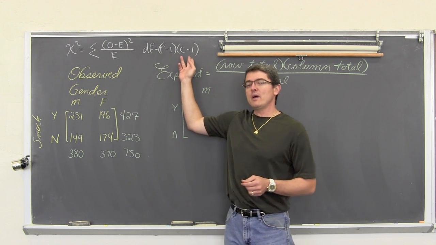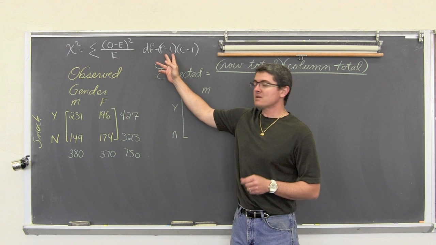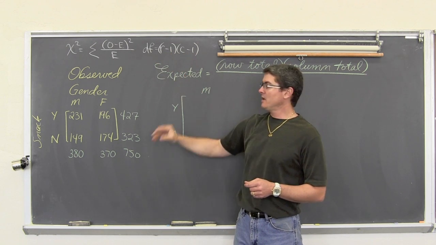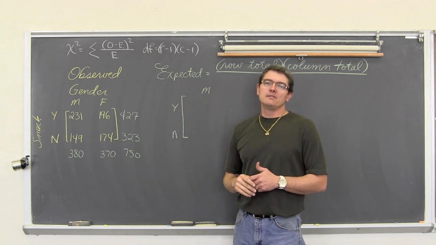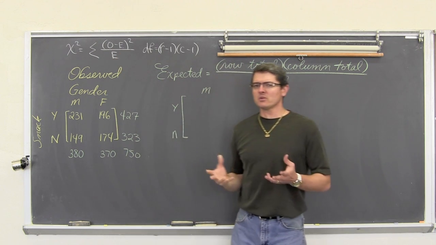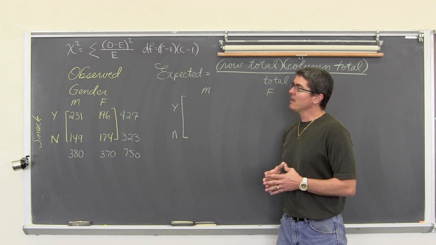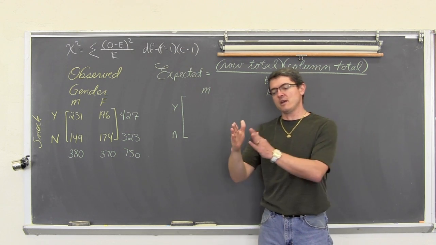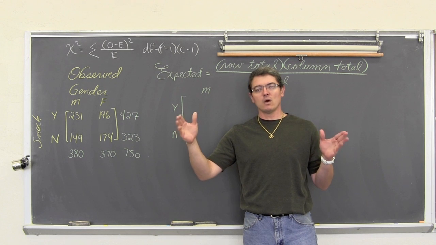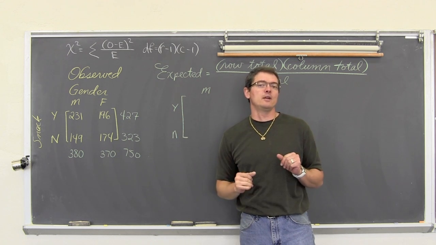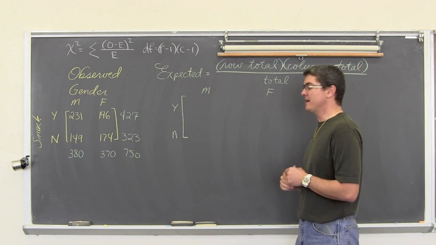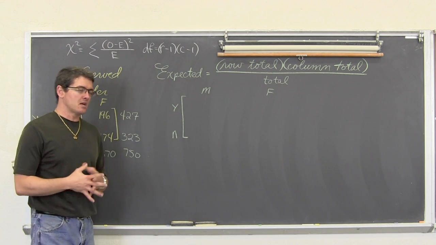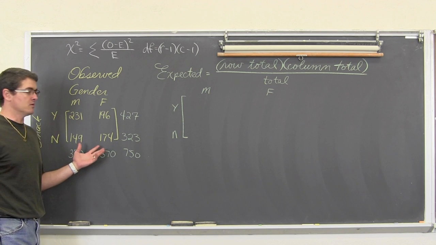Degrees of freedom in a two-way table is the number of rows minus 1 times the number of columns minus 1. Now, if this were a one-way table, then we would still be using the same formula. There is only one chi-square formula that we're studying, and the degrees of freedom would be the number of cells in the table minus 1. So if you had 7 cells in a one-way table, then the degrees of freedom would be 7 minus 1, or 6. Okay, so we need to calculate the expected cell counts from these observed cell counts.